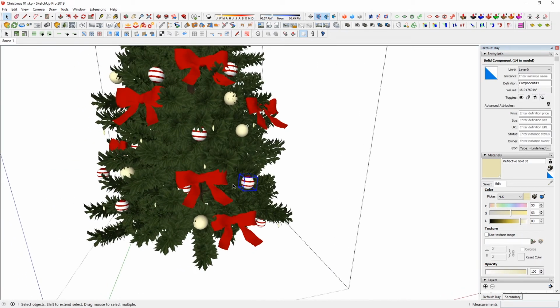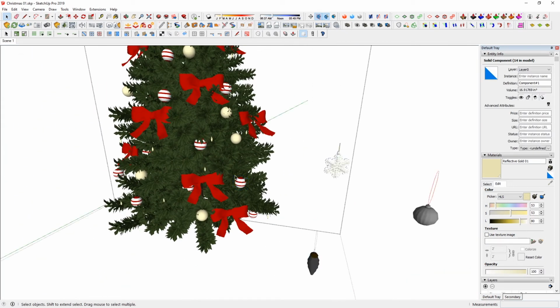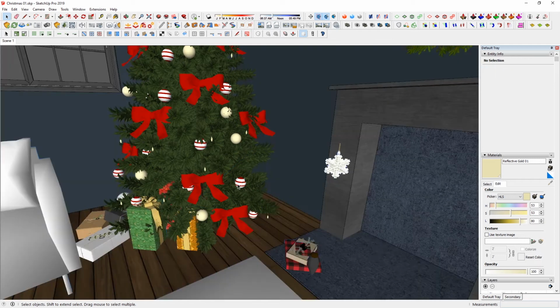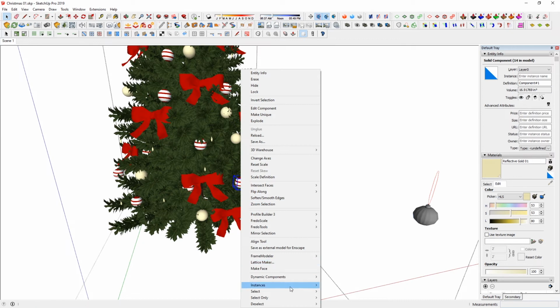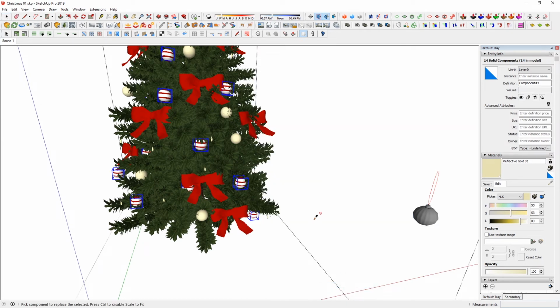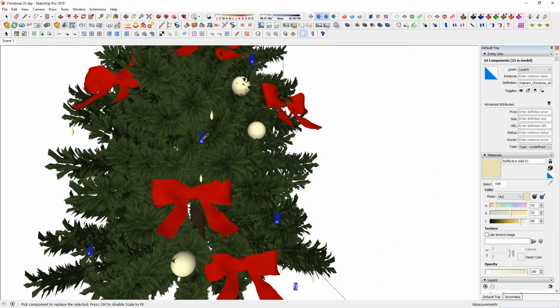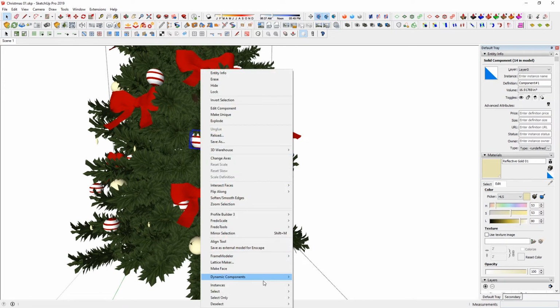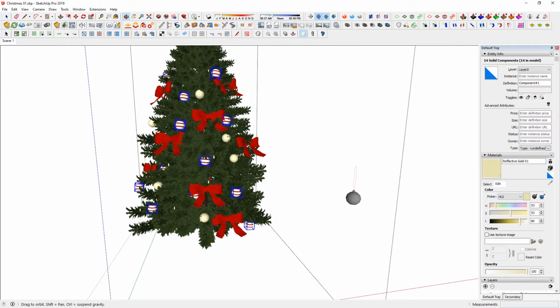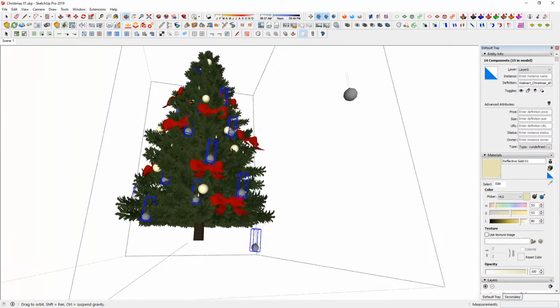And I don't really like this stripy ball, so I'm gonna change to this one here. Cut this one, go into where I can select all of this, paste this one here, and then select all of these instances, and then do component replacer, but this time I'm gonna hold down the control key so it disables scale to fit, and that is perhaps too small. So I need to go back and then make sure this is scale definition as well. So right click again, select all the instances, hold down control key, and there you go, it's been replaced,